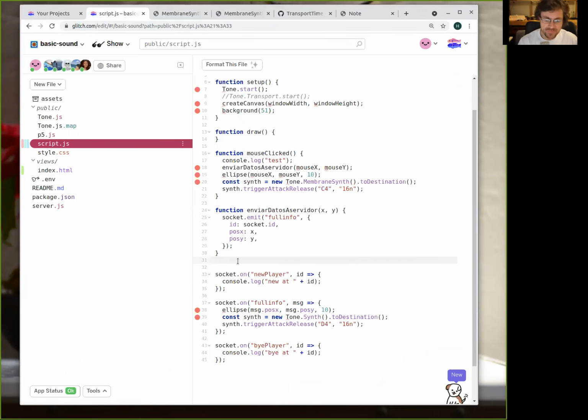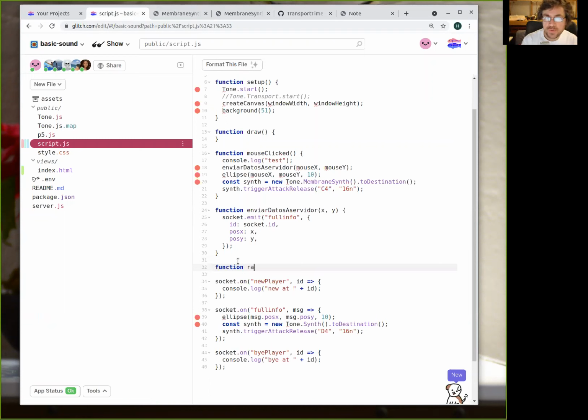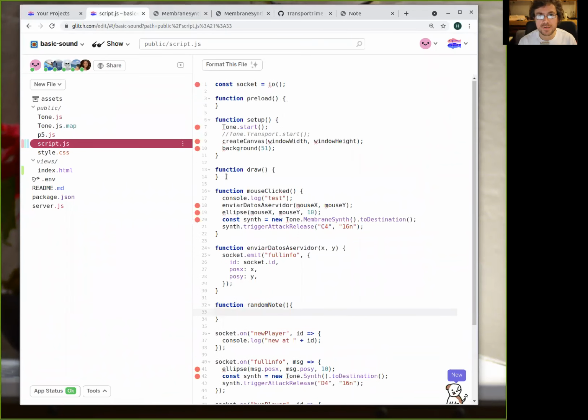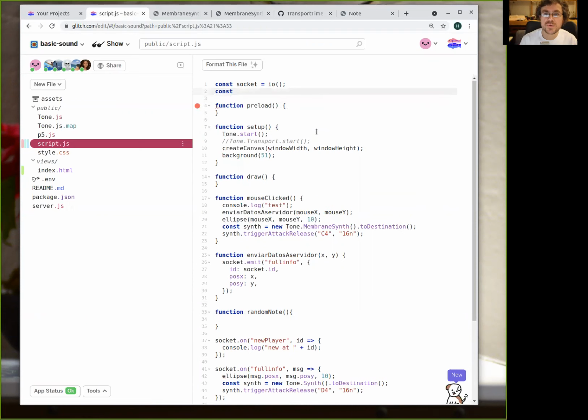I'm going to create a function called random note, and random note is going to return something. In random note, I'm going to create a constant. Can you see what I'm doing? Okay, constant notes is going to be equal to, and then I'm going to create C, and then D, and then E, and then F. Pentatonic tends to be nicer for these kinds of things, but